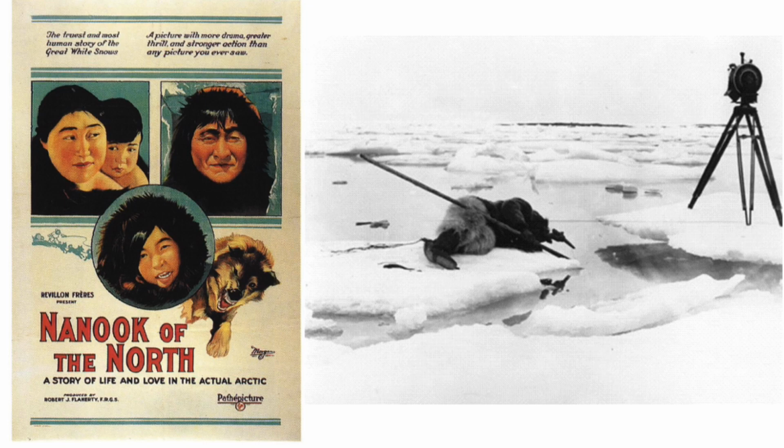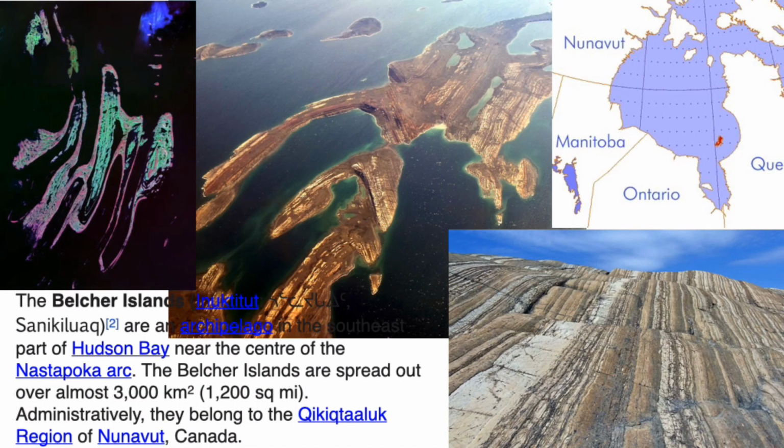It's a classic, and it described life in a place in the northern region of Canada, a part of something called Nunavut. And Nunavut is this area in northern Canada, but it extends to the islands within the Hudson's Bay. And this red spot that you see here is the Belcher Islands. And the Belcher Islands is